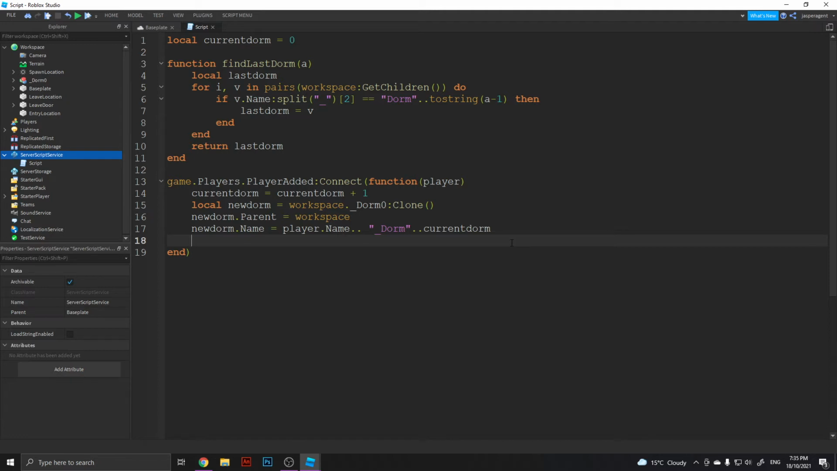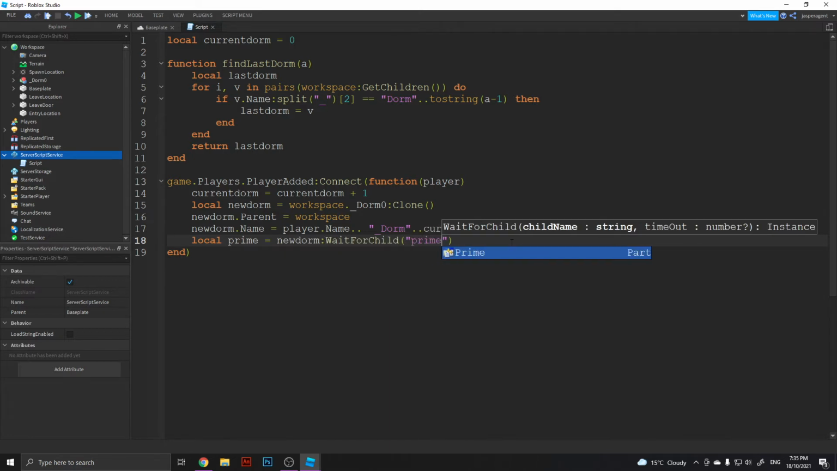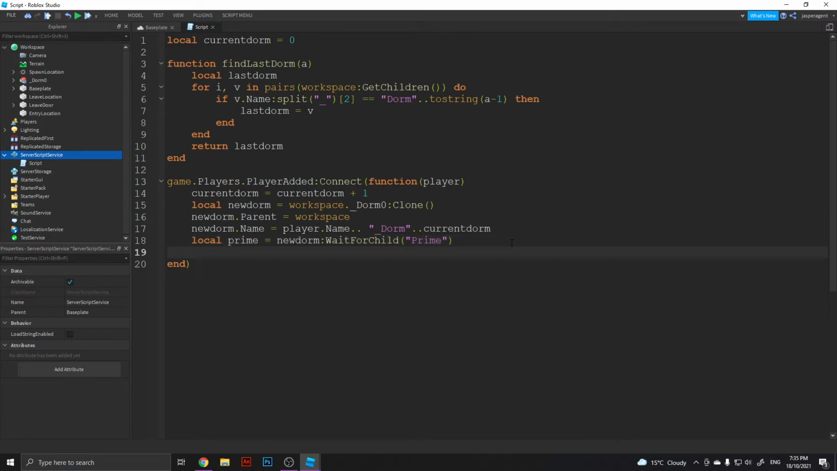So now we've done that, we're gonna need to do local prime would be equal to newDorm:WaitForChild("prime"), because we can't have the model going through every single other model, because that's just going to make them spawn in the same place again, and it's just going to ruin the whole entire concept of creating certain dorms for certain people. Okay, so we're going to do prime.CFrame is equal to, okay, so this is why we need the findLastDorm, because we're going to go ahead and do lastDorm is equal to findLastDorm(currentDorm). So